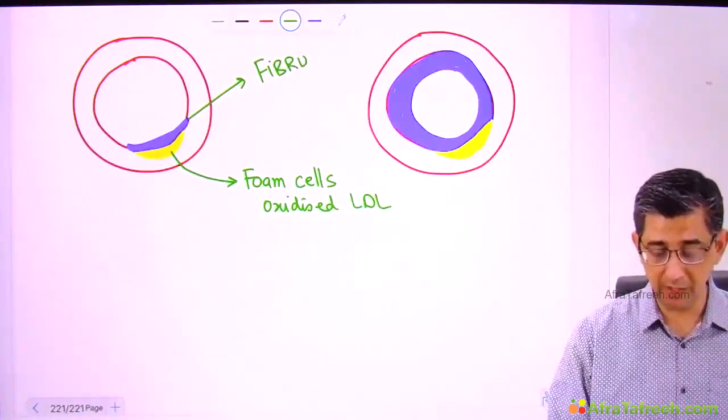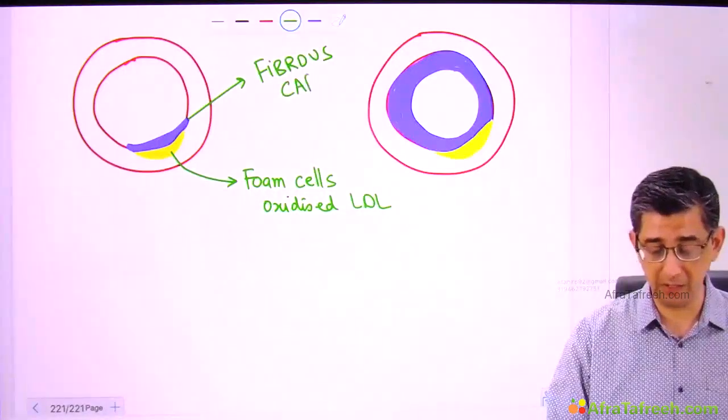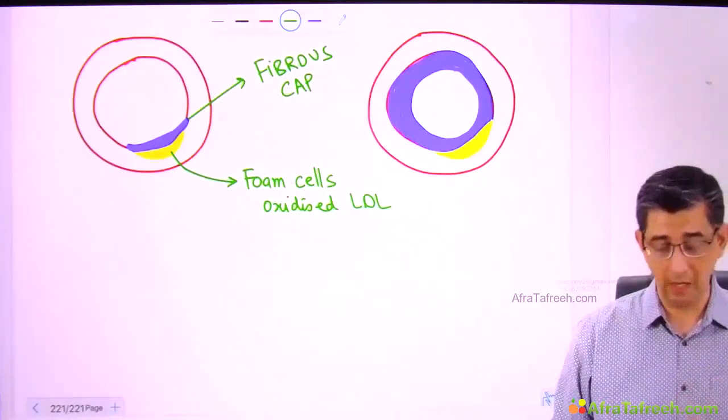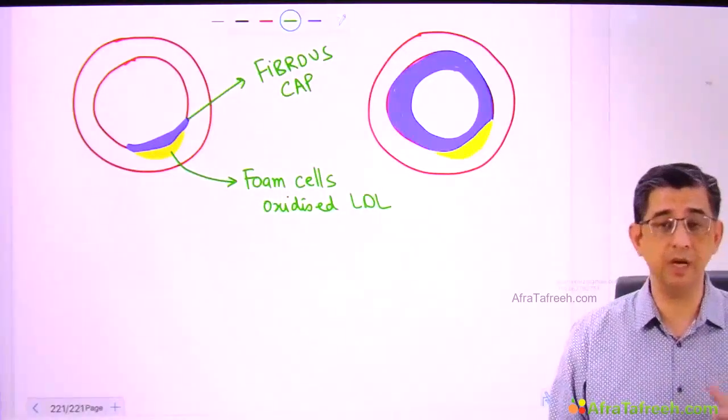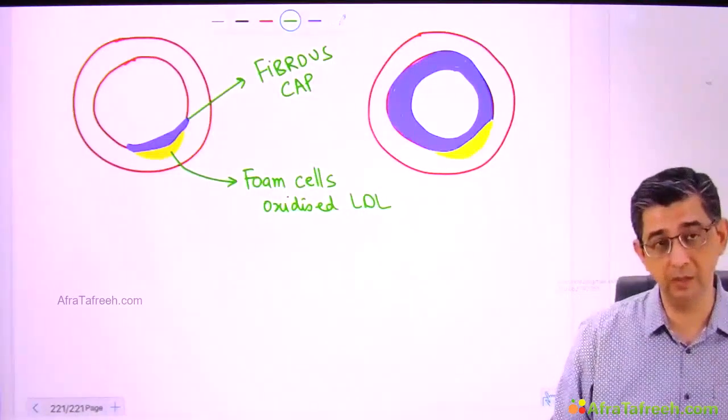I first want to highlight that atherosclerosis, which can involve so many blood vessels in the body, as I explained in the previous slide, will have two layers: the fibrous cap on the top, which is shown in color blue, and inferiorly is the fat, which is technically the foam cells. The cytoplasm is foamy because of the oxidized LDL component.